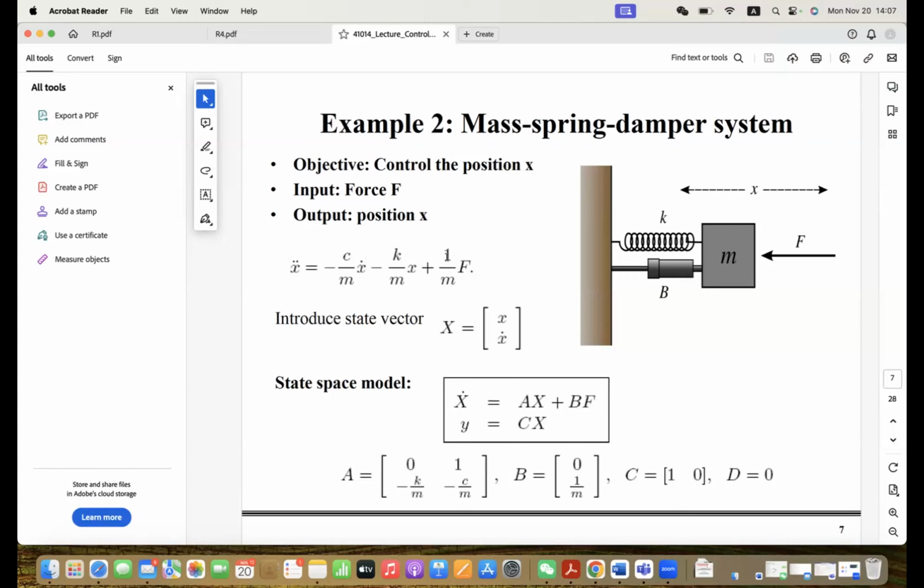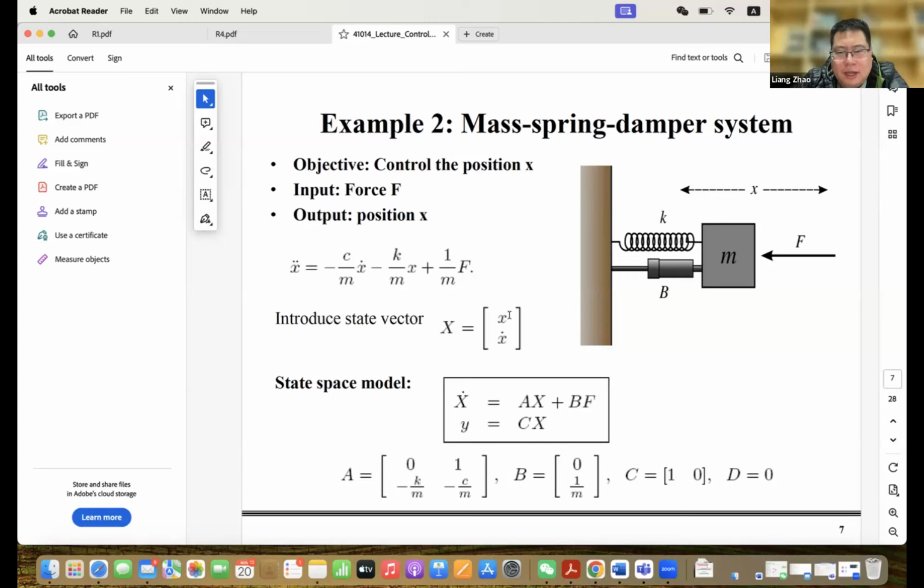The point of using the state vector is to allow us to condense it into a matrix like that, basically. Also, because you have x dot and x2 dots,